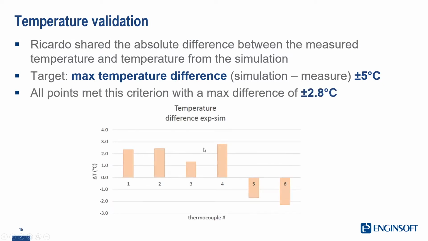The difference was actually in the range of plus minus 2.8 degrees. So they were very happy because across all the thermocouples, we could have good correlations. Here we really see an example of the simulation applied to a real life example, with also validation of the methodology with experimental results. And it's what we at EngineSoft, at Particleworks Europe, care about the most, to really have solutions that can give real life